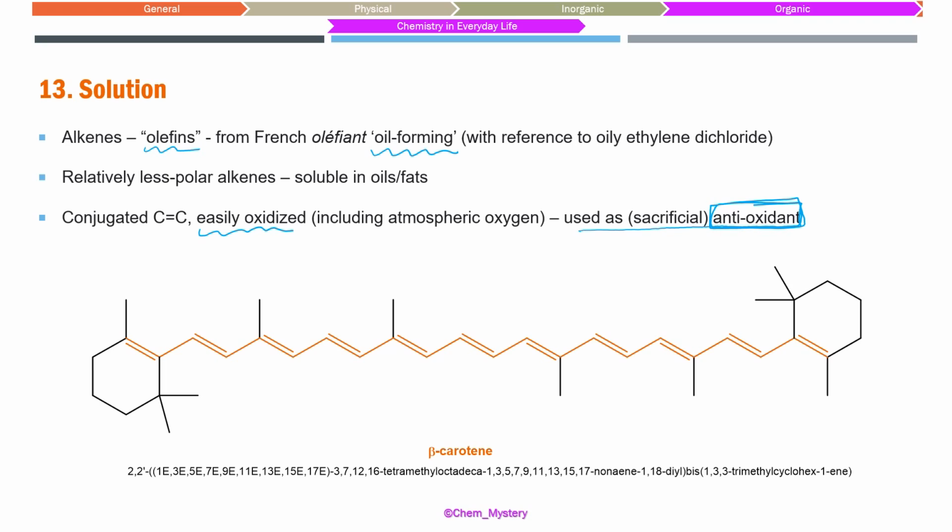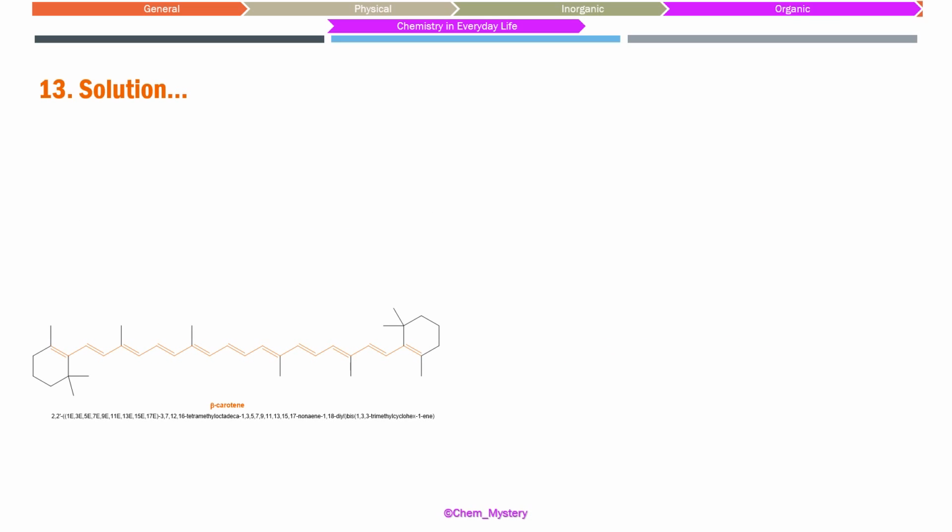Also, about the color, when we observe the color of beta carotene, the color of carrots and related compounds, that is not actually the color absorbed. That is the color observed. Observed and absorbed colors have the relationship that they are complementary to each other. And how do we decide the complementary color? Using the color wheel. If the color observed is orange, red, or yellowish orange, maybe reddish orange kind of thing,